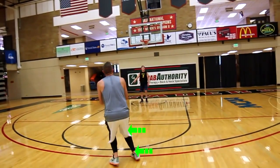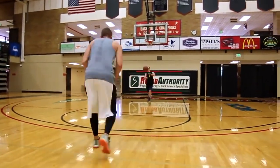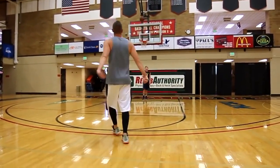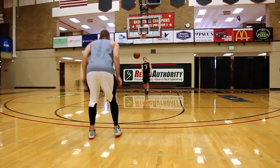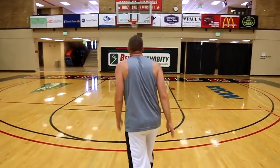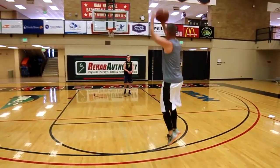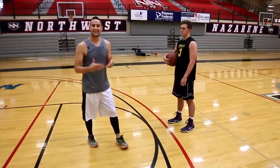What we see with a lot of kids is that their extension happens at different times. Maybe their knees lock out, then their ankles start to lock out, then their hips lock out, or maybe they get their knees and their hips really locked, or their knees and their ankles really locked, but their hips aren't, right? Maybe they're straight up and down like this, right? That doesn't give you that kind of nice extension through the body. So think about getting all three joints nice and locked, and then extend them all at the exact same time